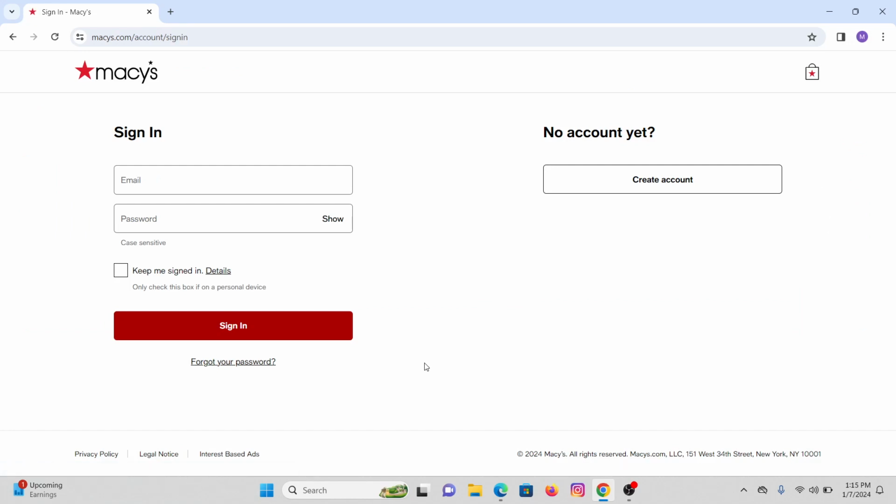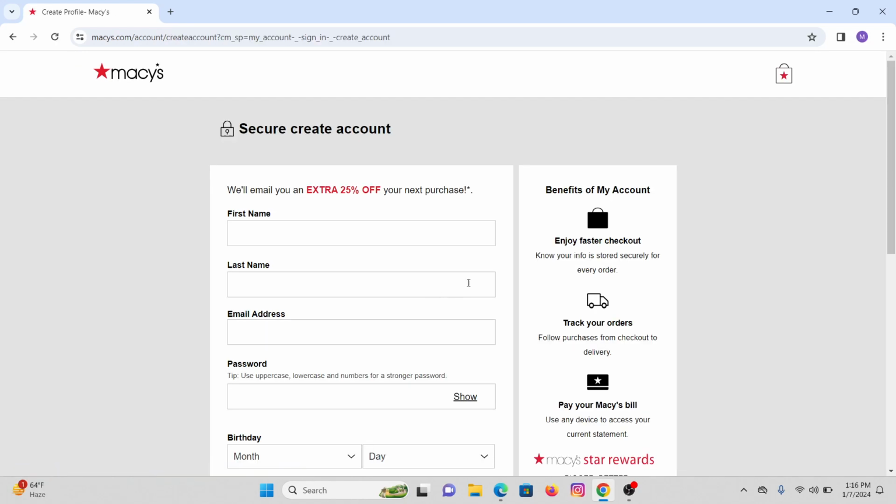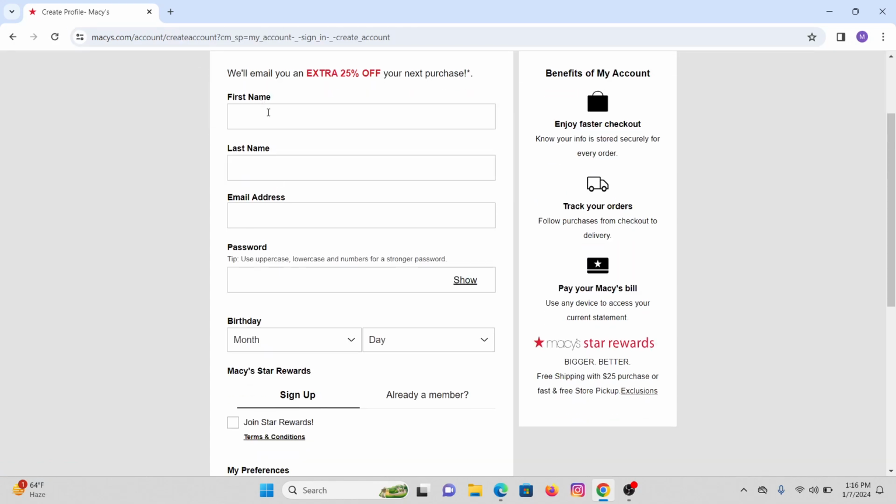If you already have an account or if you are registered, you can simply sign in by providing your email and password and clicking on sign in. But to create a new account, at the right side of your screen you will see create account. Click on create account. And now you will see this interface where you have to enter your first name here